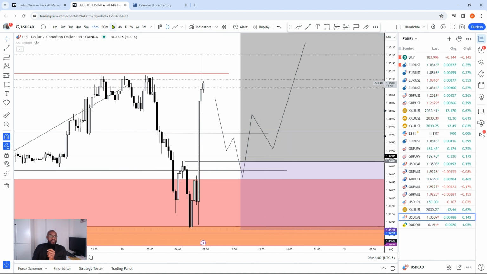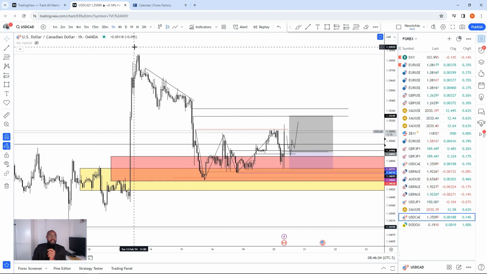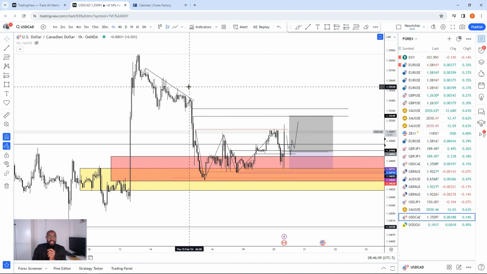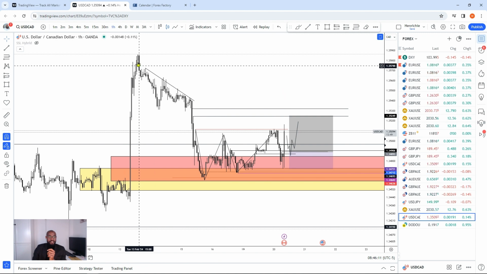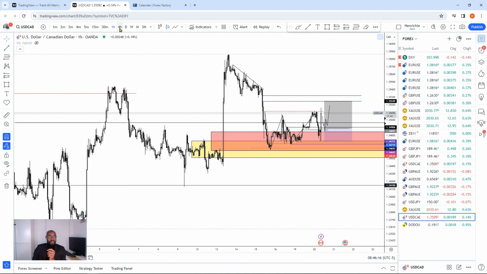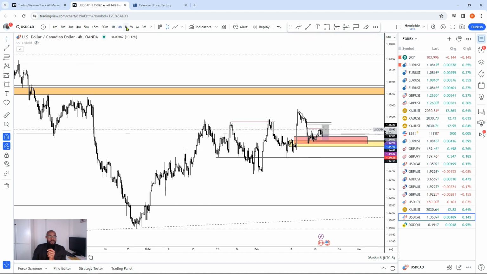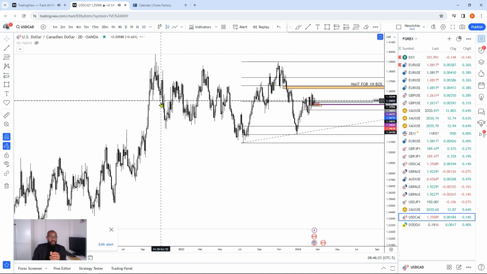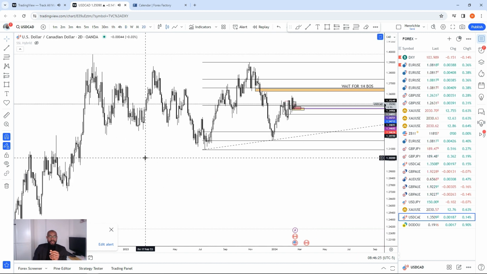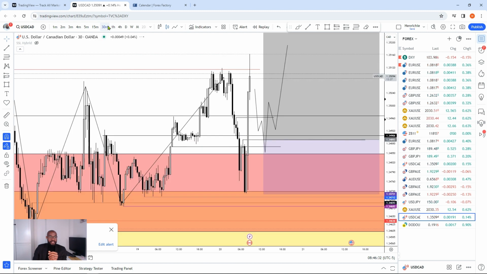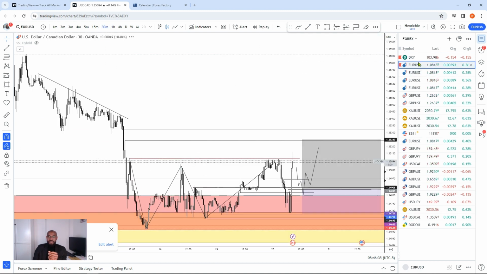and continue to the upside because I still want to see this key level, this trend line liquidity get swept, this inefficiency. I'd like to see price move towards that section. And overall, I'm still looking at, so EUR USD has tapped our key level. So overall, I'm still looking at this inefficiency to act as my overall drawn liquidity on USD CAD to come to the upside. So let's look at